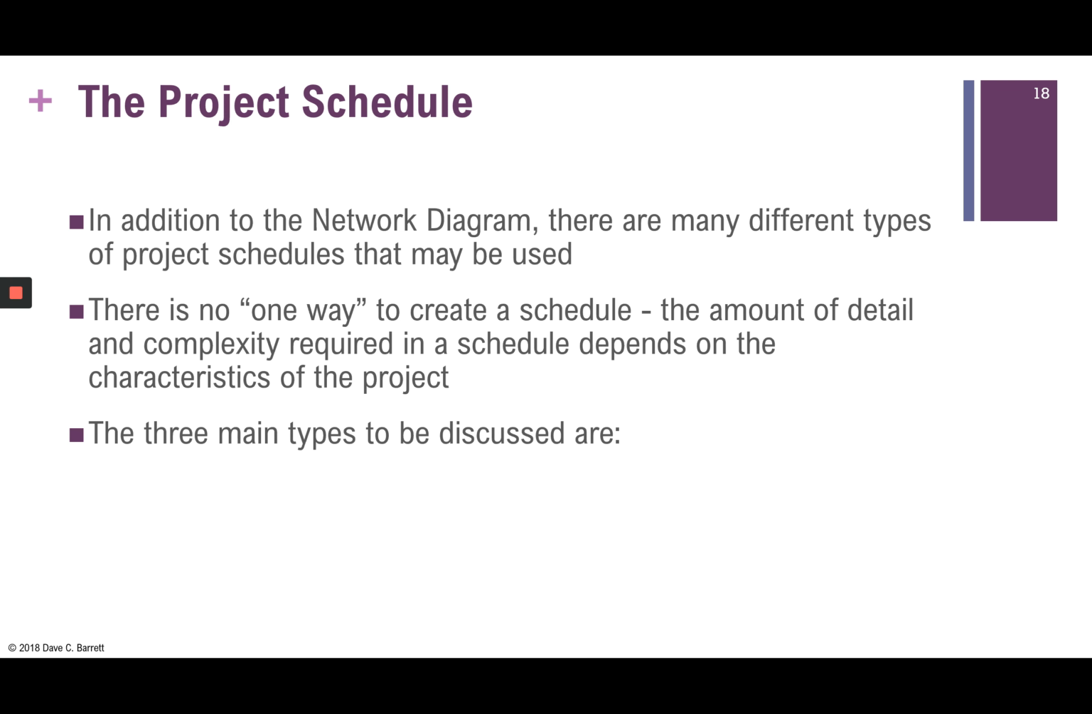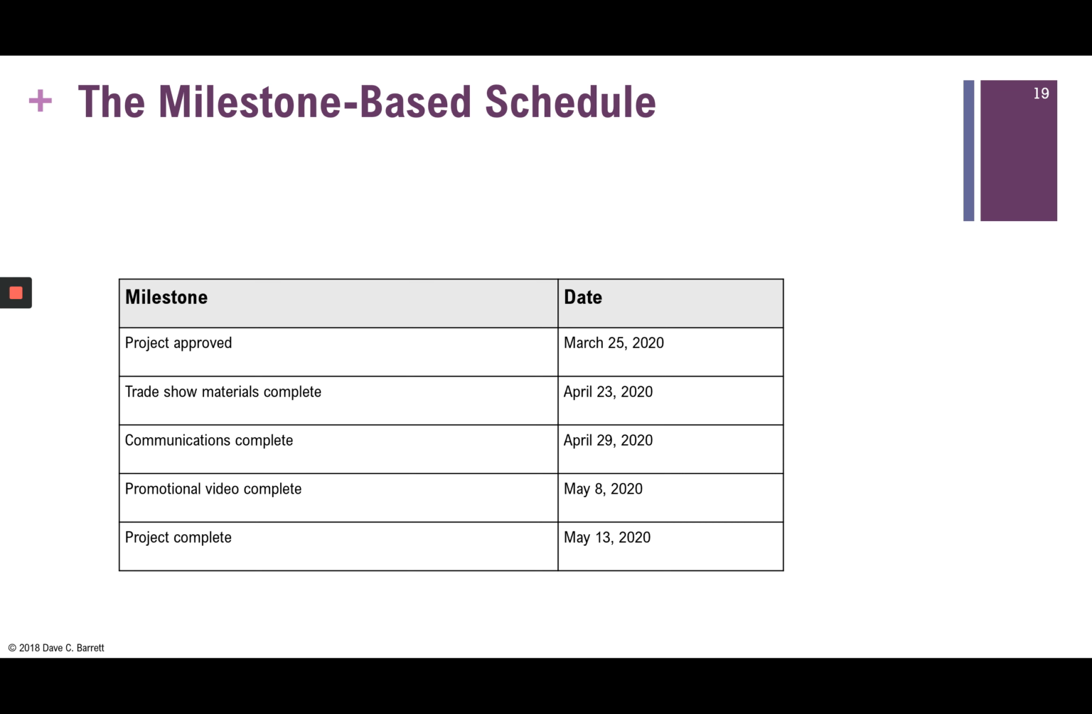There's 3 main types that are discussed in this chapter that we're going to look at. One is a milestone-based schedule. Another is an activity-based schedule. And finally, there's a dependency-based schedule. Milestone-based schedules are fairly simple. They include only the major milestones. So here we see the schedule for the DecoCam project, we can see there are 5 milestones with 5 dates